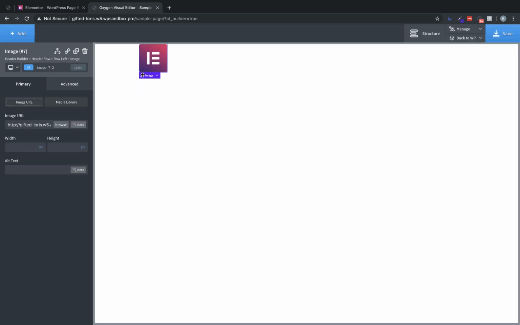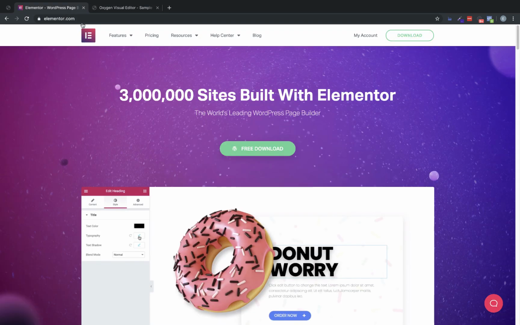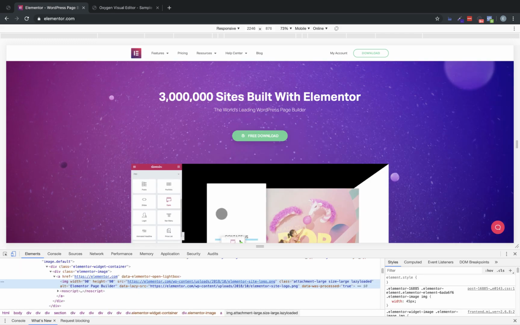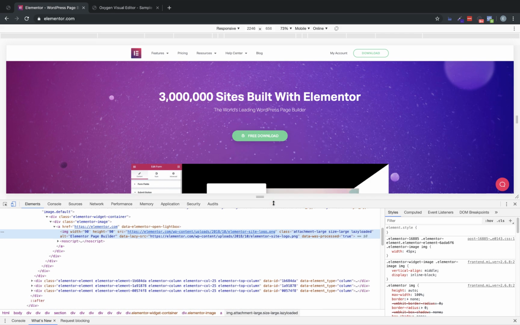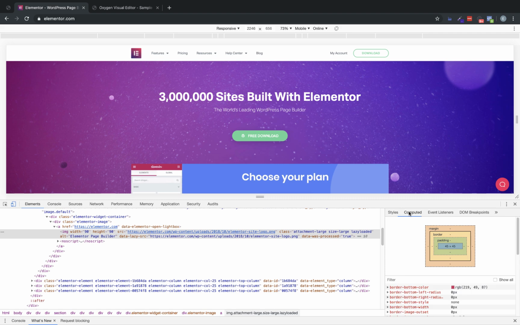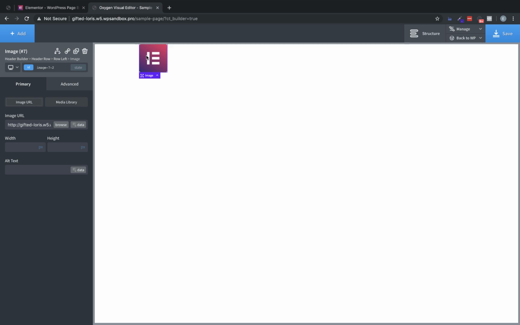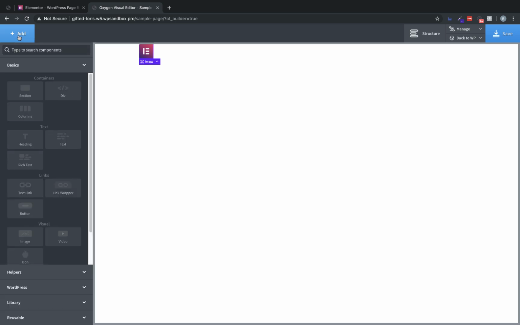Perfect. Hit select image, and we want to see what size they have this image at, so we're going to right click and inspect it. And in Chrome DevTools, if you're inspecting an element and you need to see some properties, you can hit the computed tab, which is a little easier for you to see sizing and spacing. So this is 45 by 45 pixels. So let's go over and just set that 45 by 45. Perfect. Now let's add our menu